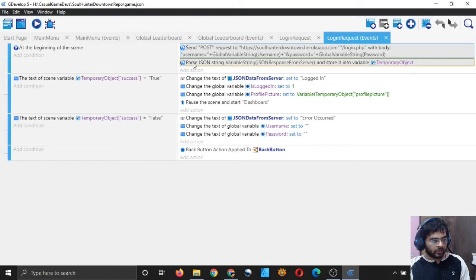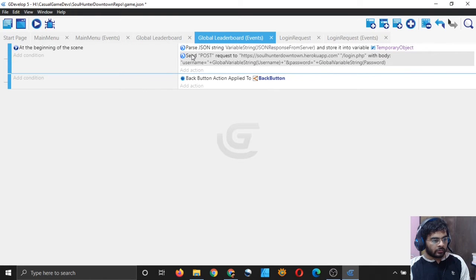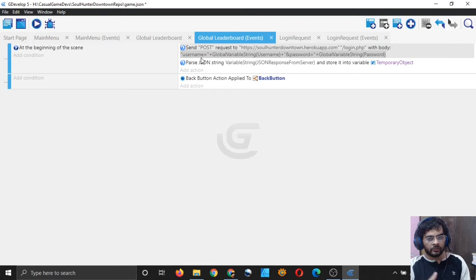So shift select both of them, right click and copy and go to your global leaderboard events and paste them, right, and bring the send request action to the top and the parse action to the bottom, because we will send first and then receive some data from the server and then parse it, right?